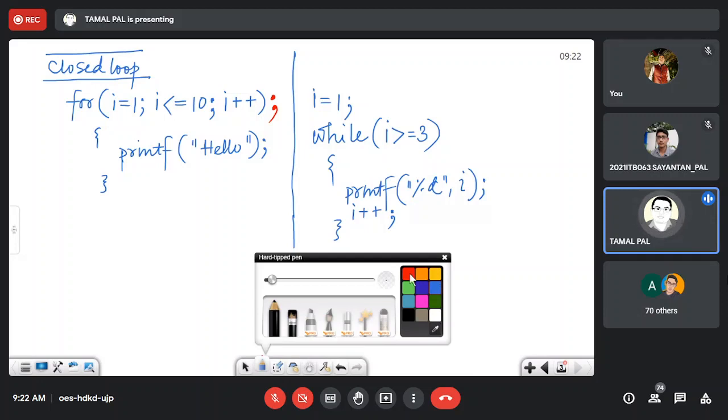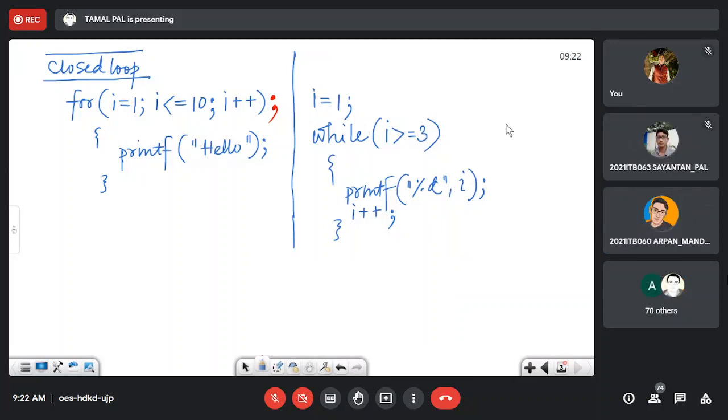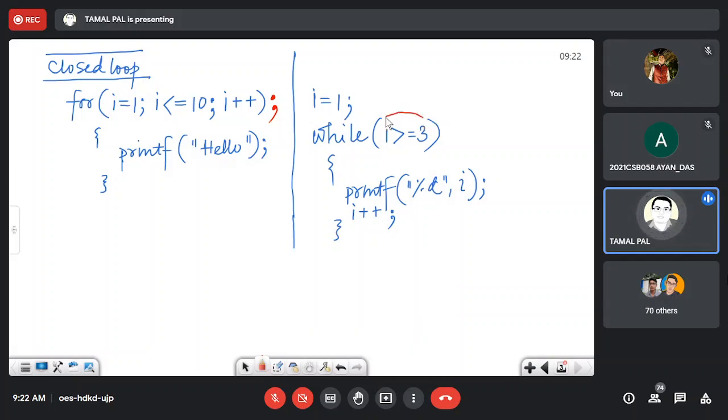I just changed the condition and it prints nothing. Sir, because initially i is less than 3, so it will terminate in the first step. Exactly. Your basic reason is correct, because at the beginning this condition returns false. As a result, the control will not enter into the body. Your explanation is perfect.